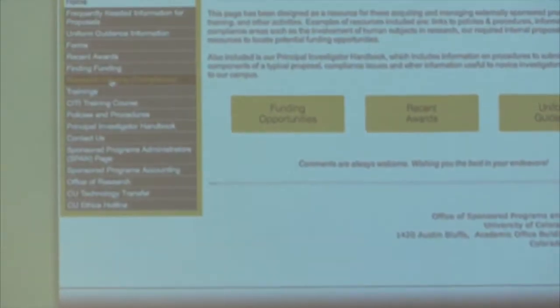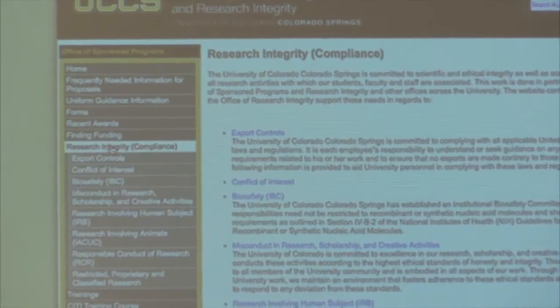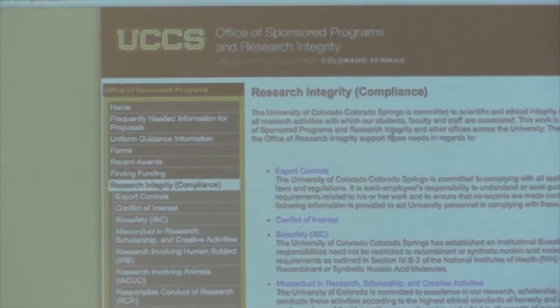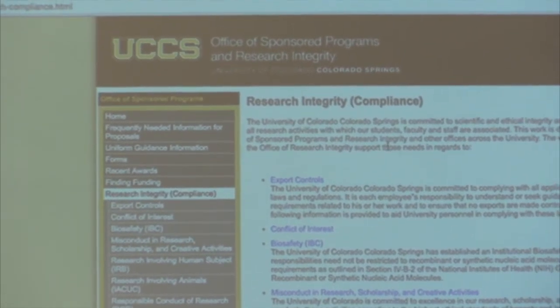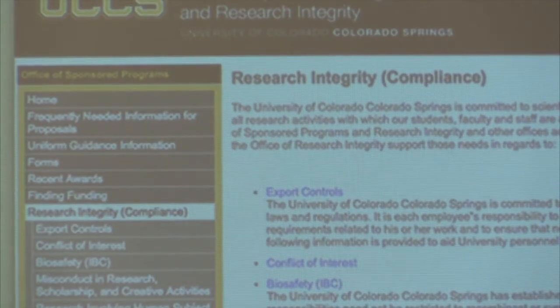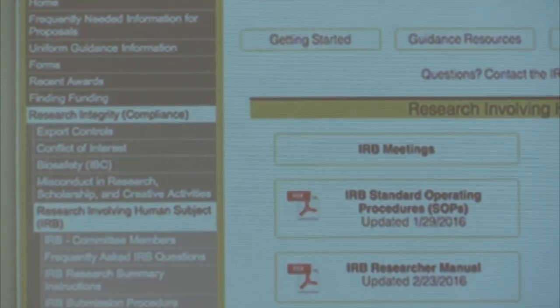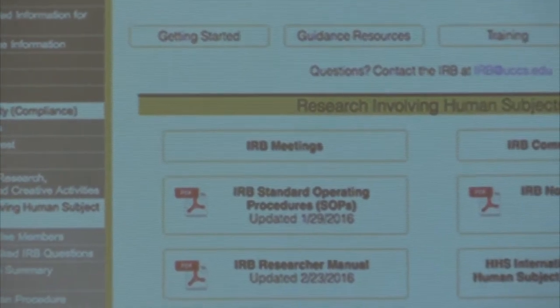If you click on the Research Integrity Compliance tab right here, okay, what that does is it brings up all kinds of compliance things, and basically we are compliance. So if you click down to Research Involving Human Subjects, IRB, and click on that, what you will find is several things.